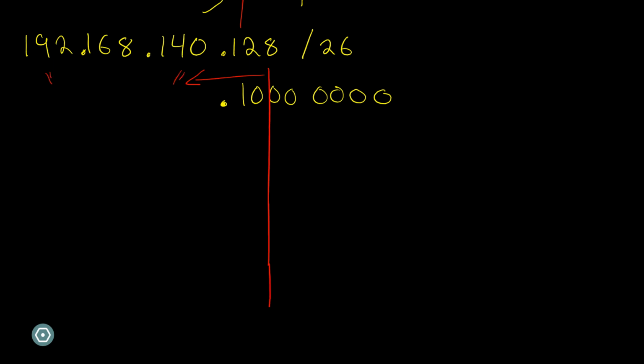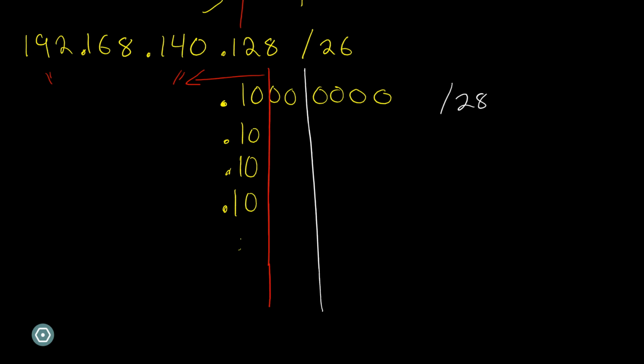And then the new network split is going to be at /28. So we're looking at a /28 network. So this portion is always going to stay the same all the way down. And then this middle portion is what's going to change. So in a /28 network, we first have our network address, which is